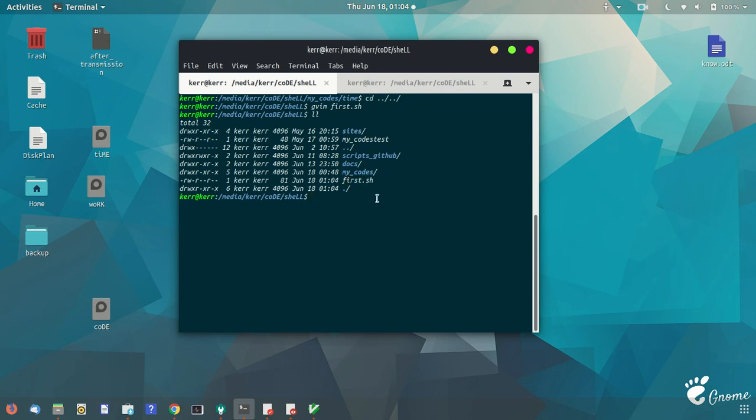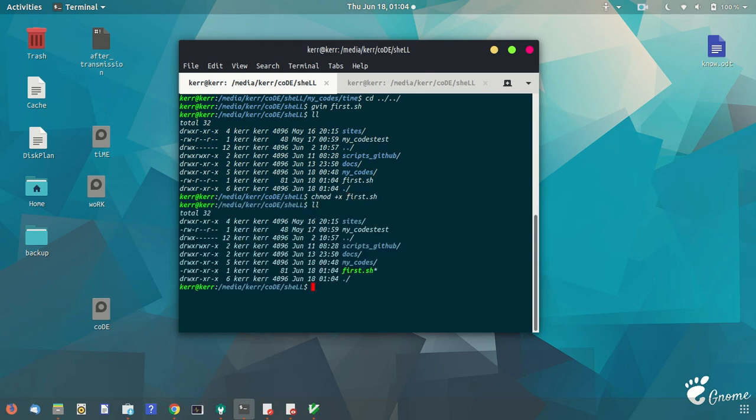So you have this script over here. Let's run this script. First you have to make it executable with chmod plus x. So that is executable right now. Now you want to run this command.